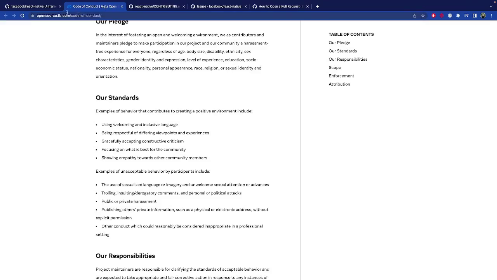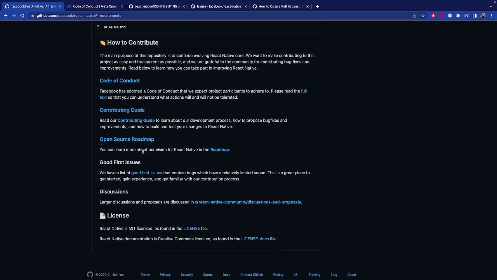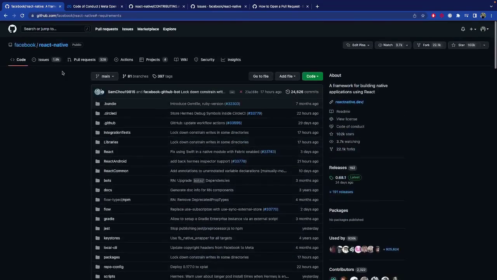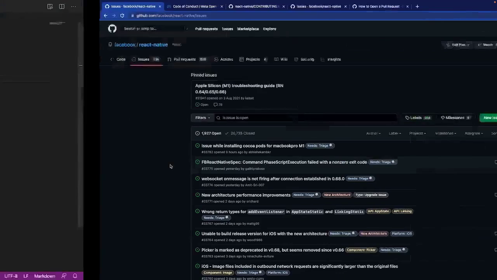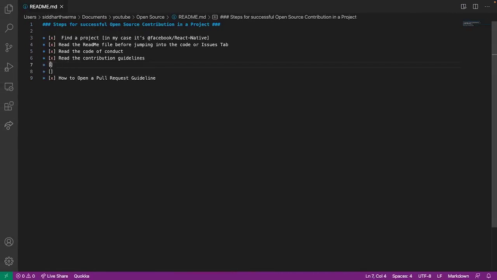Now coming to this part again. So we'll start with the issues tab. Now we have already read the readme file. Now jumping to the issues tab. So find an issue from the issues tab. Here generally I would prefer, if you are a beginner, that you go for a filter of